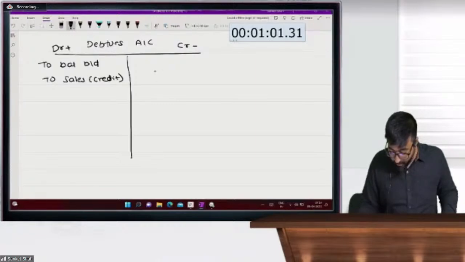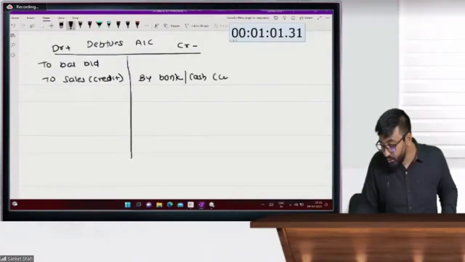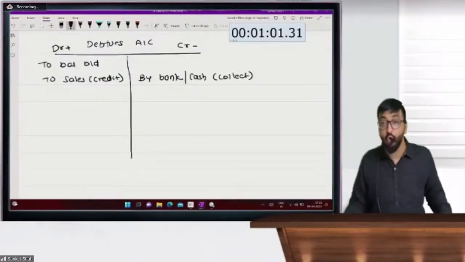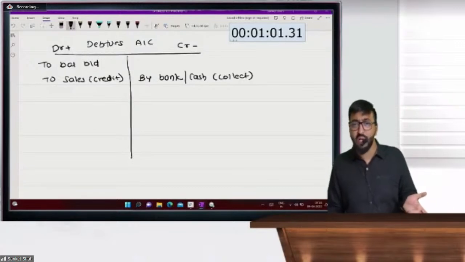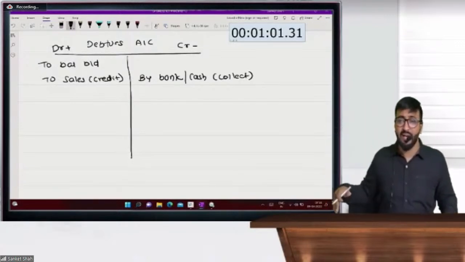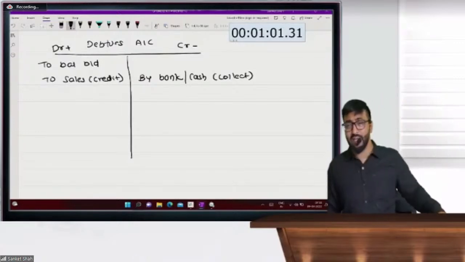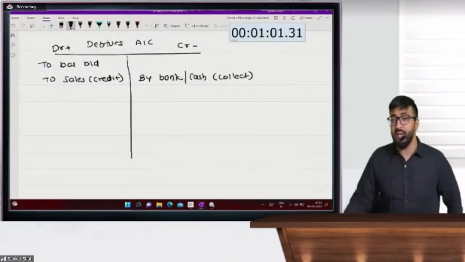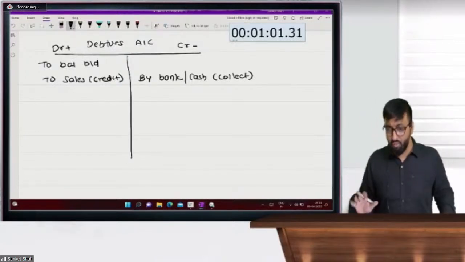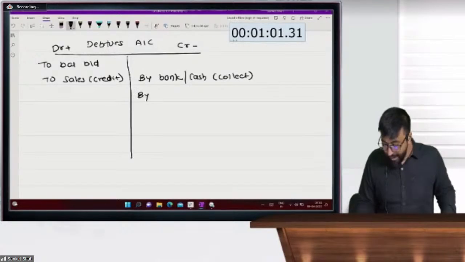To balance brought down, to sales. By bank or cash. So whenever you collect the amount, your debtors balance is going to decrease. Whenever it is decreasing, it is on the credit side; increasing, on the debit side. Decreasing on the credit side, increasing on the debit side. Okay, so this is your ledger account. By, by